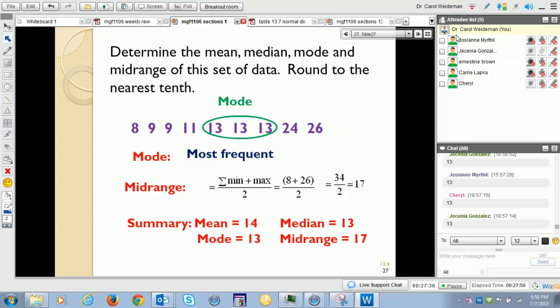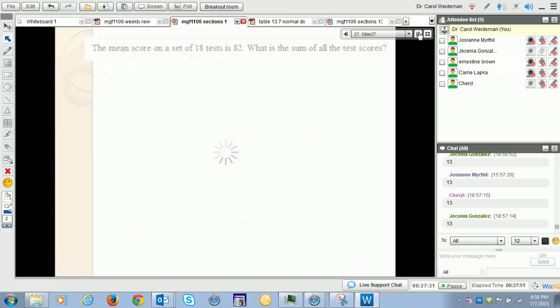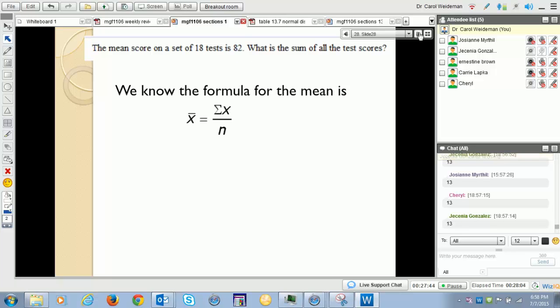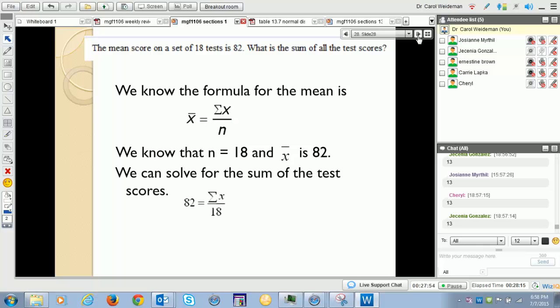Okay? Now let's do a little application problem. The mean on a set of 18 tests is 82. What was the sum of all the test scores? Okay, so here's what we know. This formula, and they told us that the mean was 82, that's x bar, and they told us n. So we can put that into the formula,